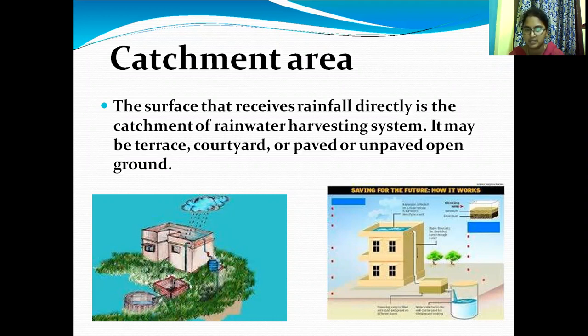And the figure shows rainwater harvesting for underground water tanks, from collection of the water from the rooftops, which is then discharged at a certain velocity, by a certain design. It can be designed very carefully in the rooftops so the water passes easily through the pipes and can then be connected to tanks. So the surfaces that receive rainfall directly in the catchment harvesting system are the terrace, covered, paved and unpaved ground.